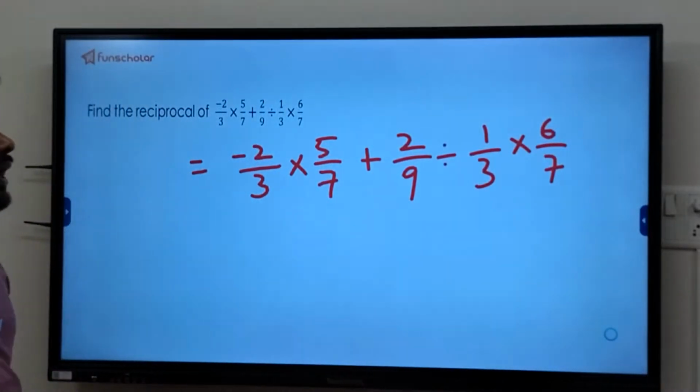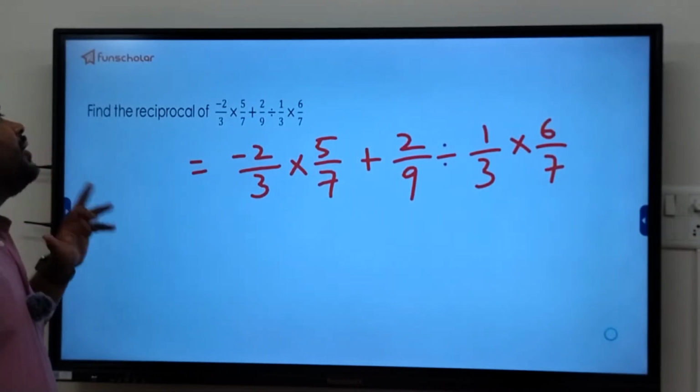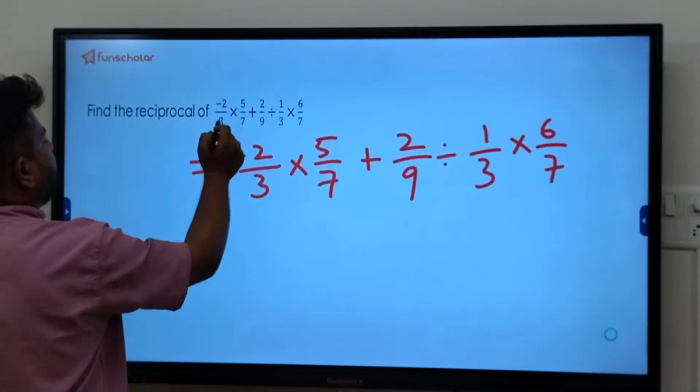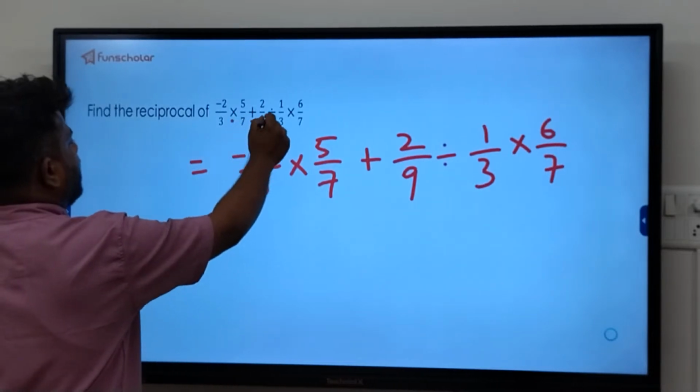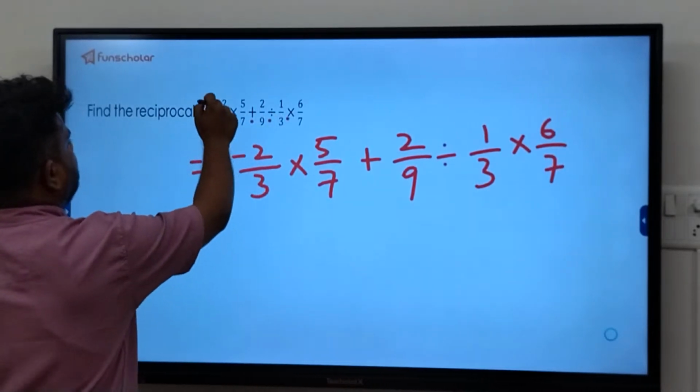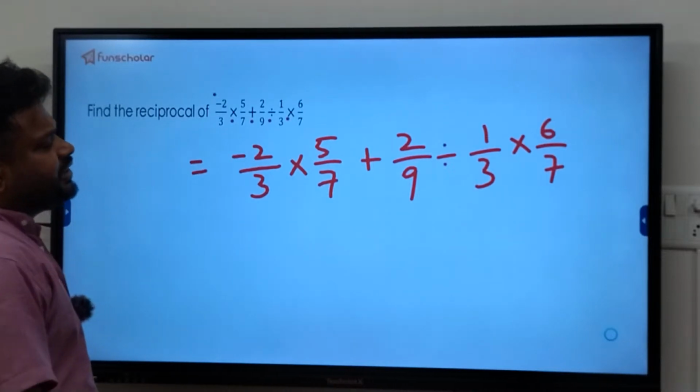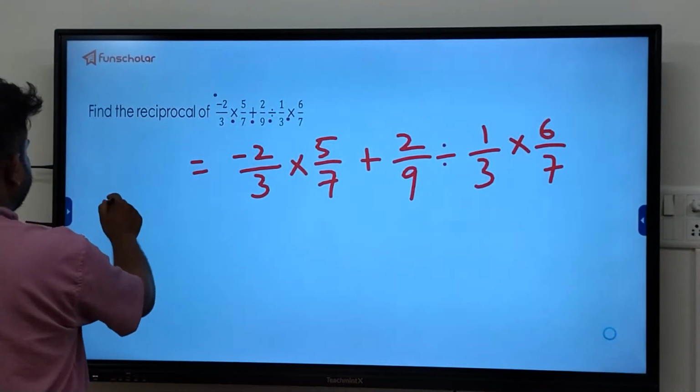This is quite a tricky one. In this kind of operation, where multiplication, plus, division, multiplication, and even subtraction are present,